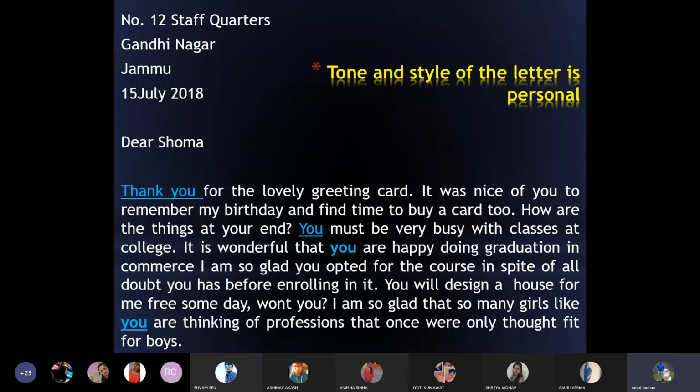Sir, in informal letters there are rules, but I have seen that no one follows the rules. In informal letters, everyone writes only the address, no date, and directly starts writing what they feel. That is the wrong thing on our part. We must mention the date. We must mention the sender's address, may it be formal or informal.